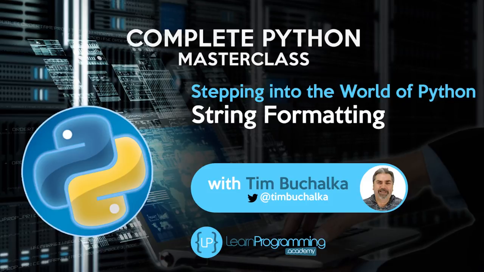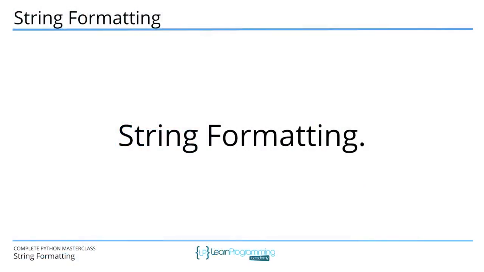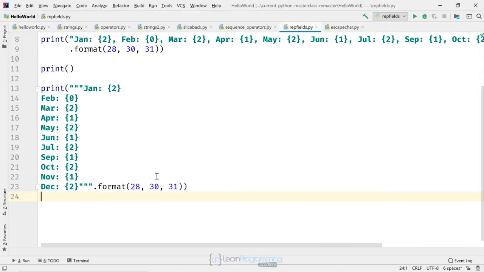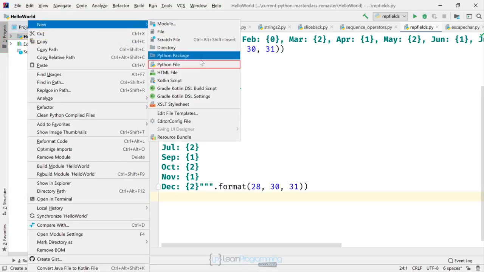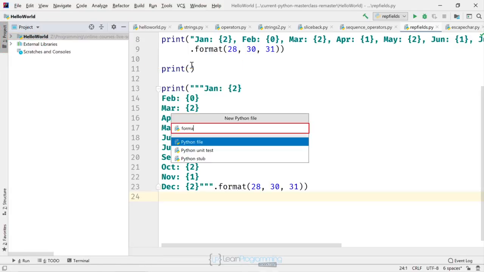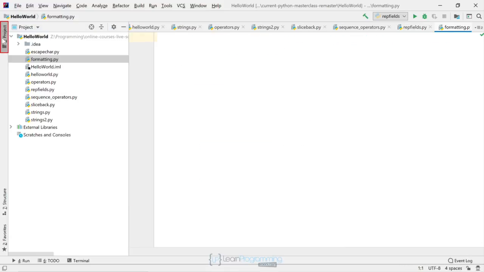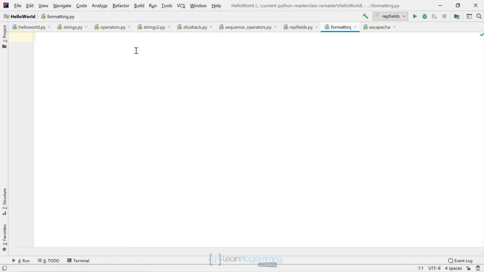So string replacement fields can also contain formatting to display values with a specific number of decimal places, for example. So let's create a new Python file. I'm going to call it formatting. And I'm going to use a for loop to generate some output. We'll be looking at for loops in the next section, so don't worry about what's happening. Concentrate on the print lines that I'm going to type in this code to see the effect of the formatting